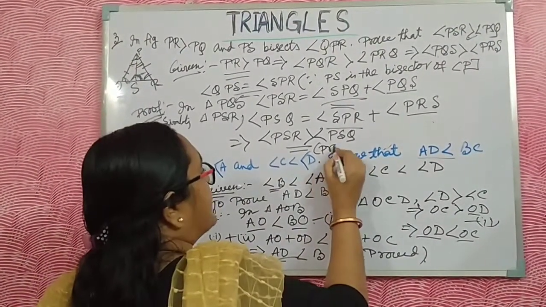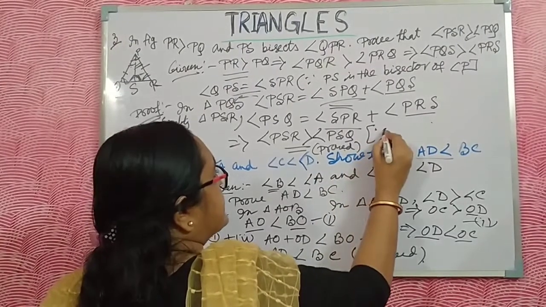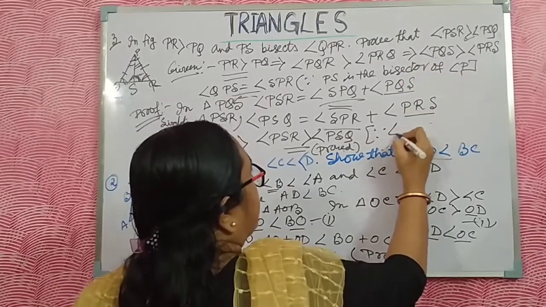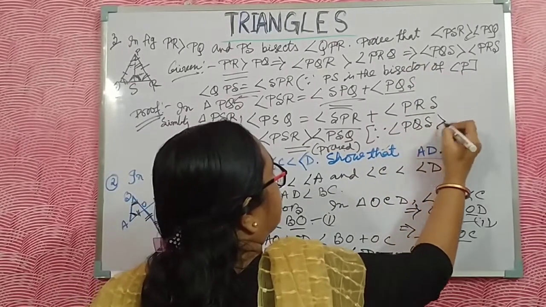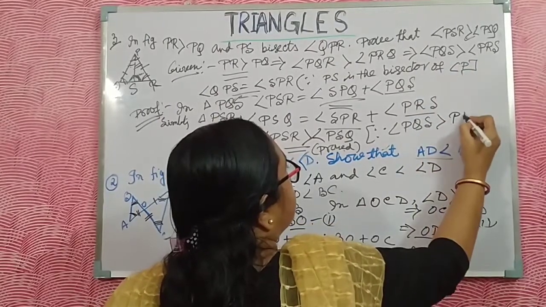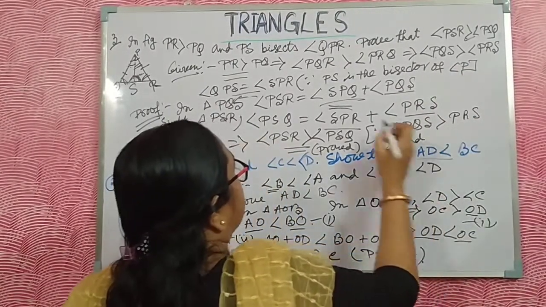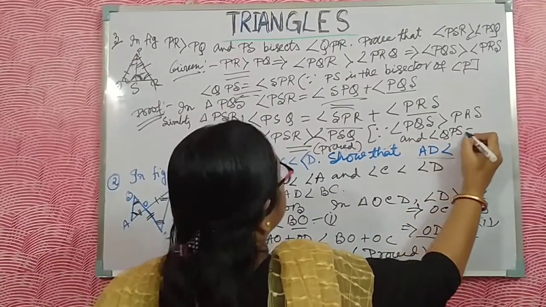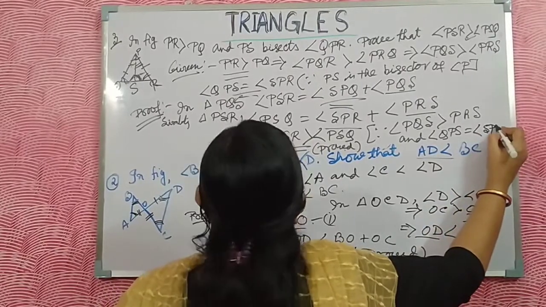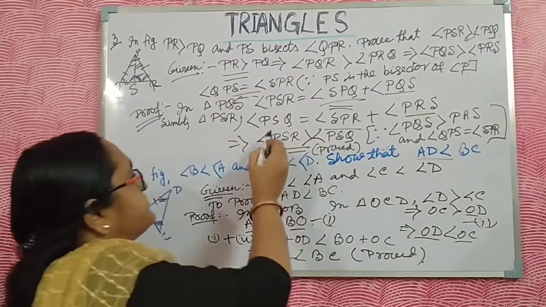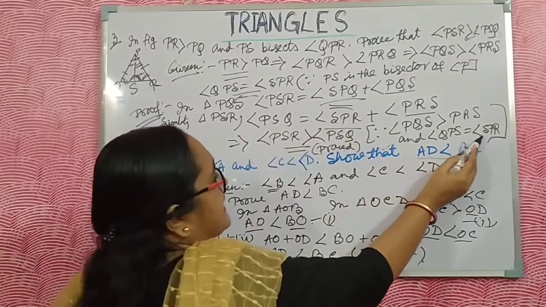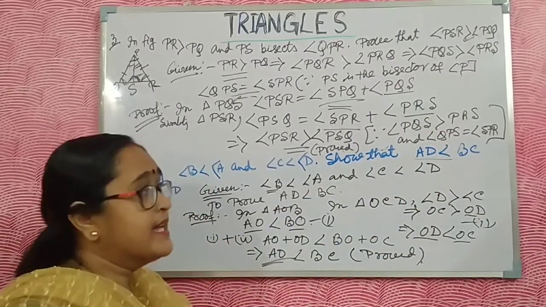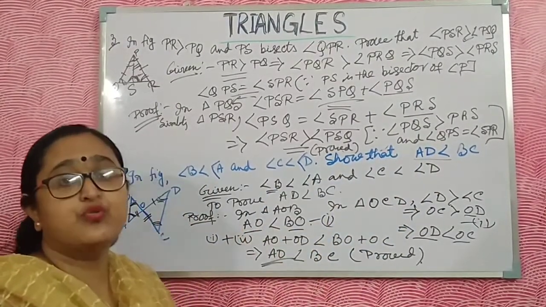Now this is proved, but you have to write here, as you just write here also. You have to write angle PQS greater than angle PRS, and you can also write angle QPS is equal to angle SPR. If SPQ and SPR are equal, and PQS and PRS are also equal, this is the process of writing. You have to know that.